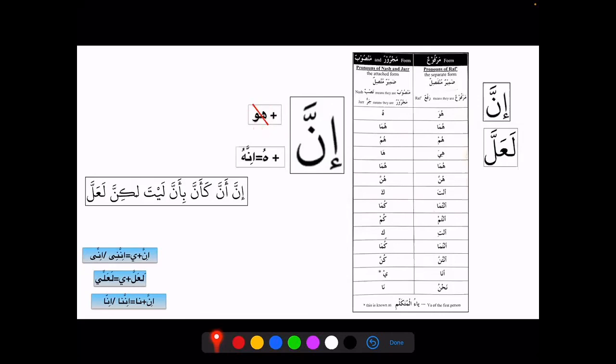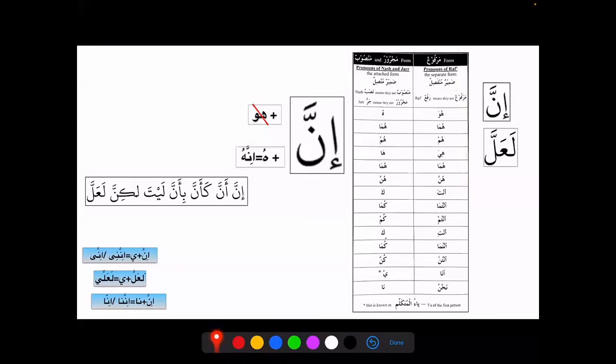Rafa. Always rafa, right? So that's why inna huwa would be totally wrong. Rather we need to say inna hu, right? Inna hu. So if I put inna with all these 14 pronouns, it will go like